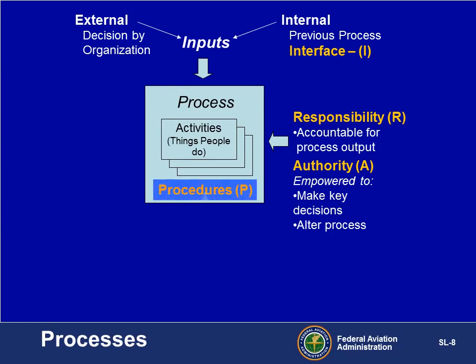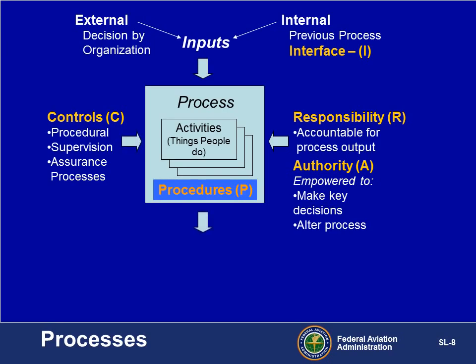Then we need procedures to direct or guide the things that people do. A procedure is a specific way to carry out an activity or a process, another process attribute. Controls, procedures, steps, or practices that are designed in to keep processes on track so they'll achieve their intended results. And now we get to outputs, the product or end